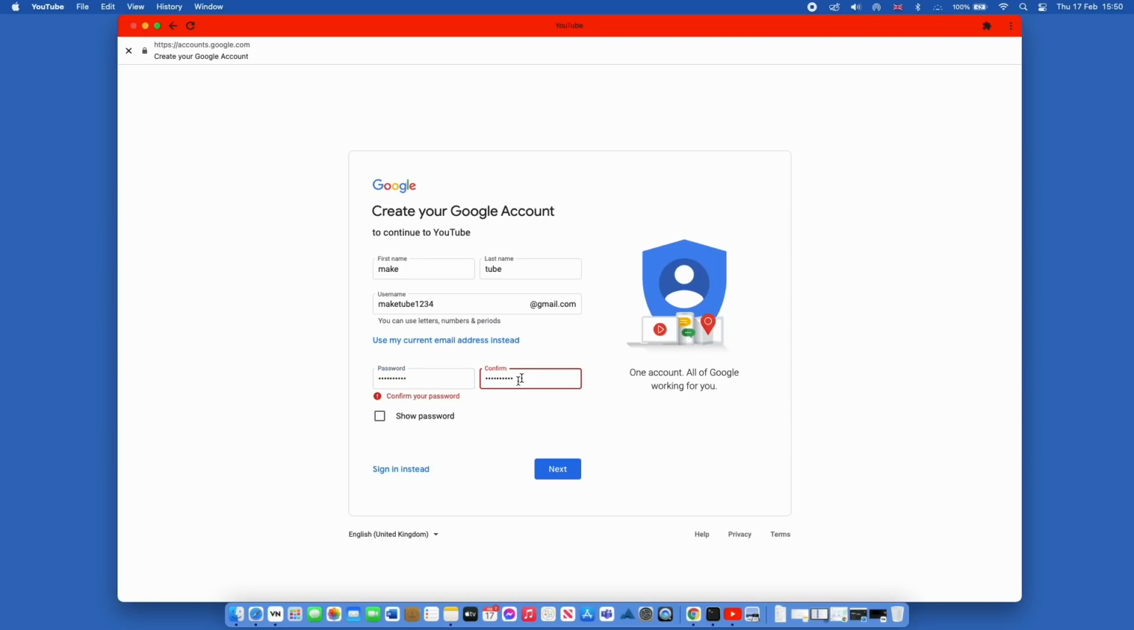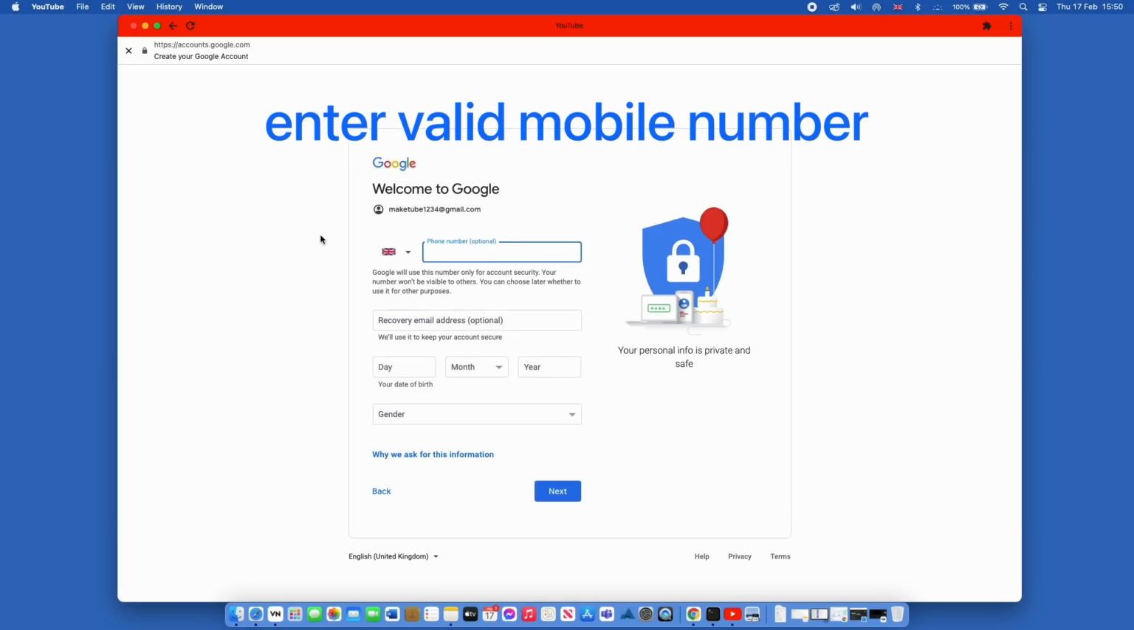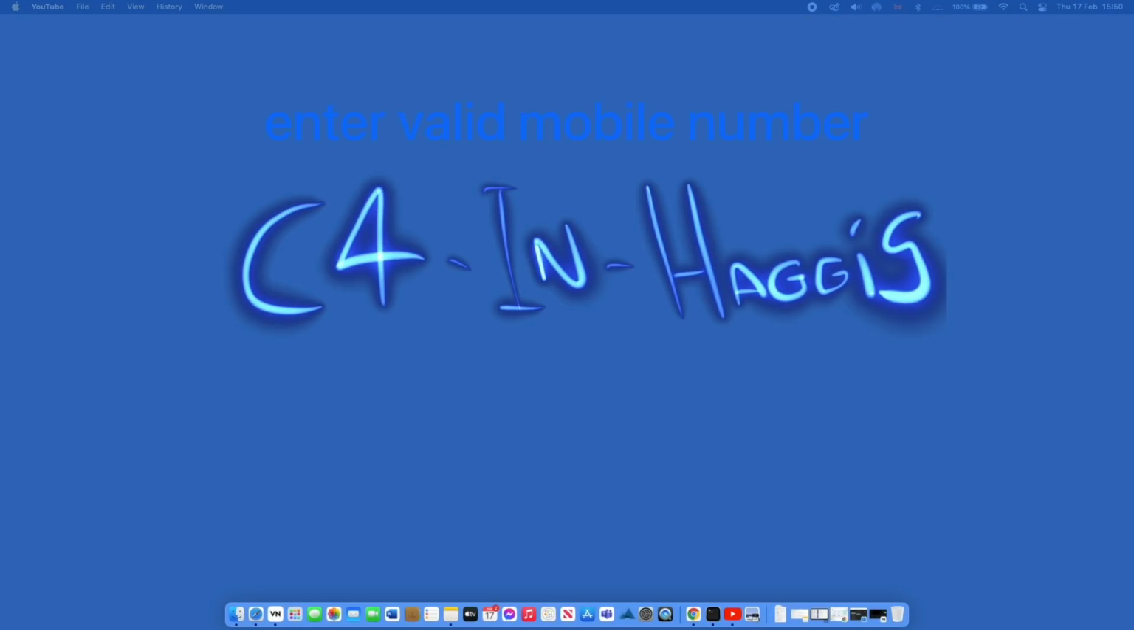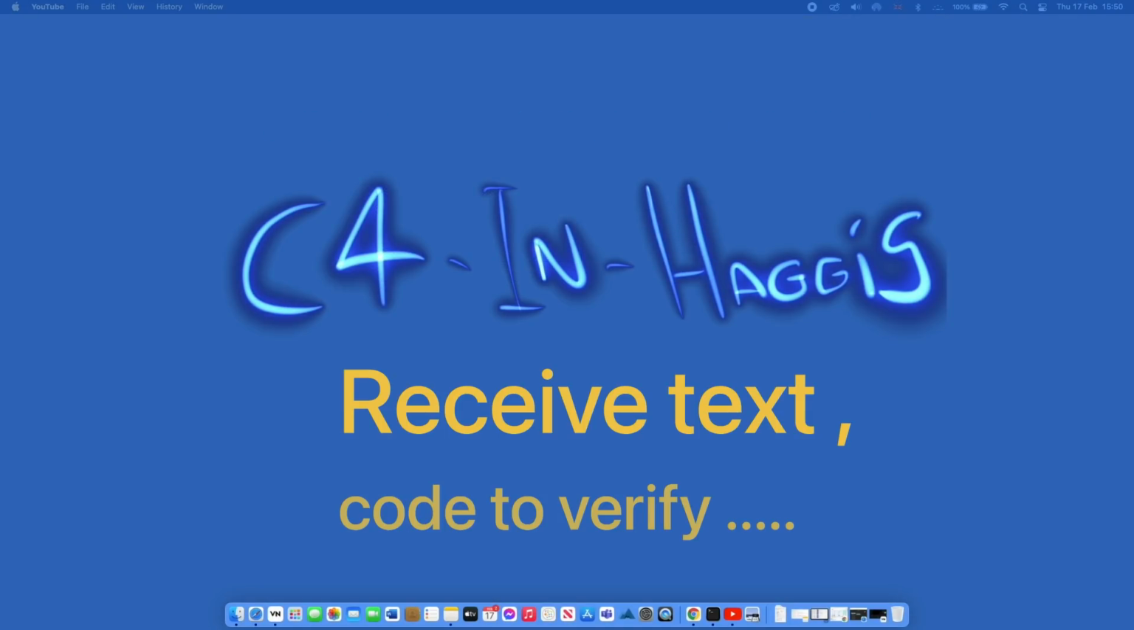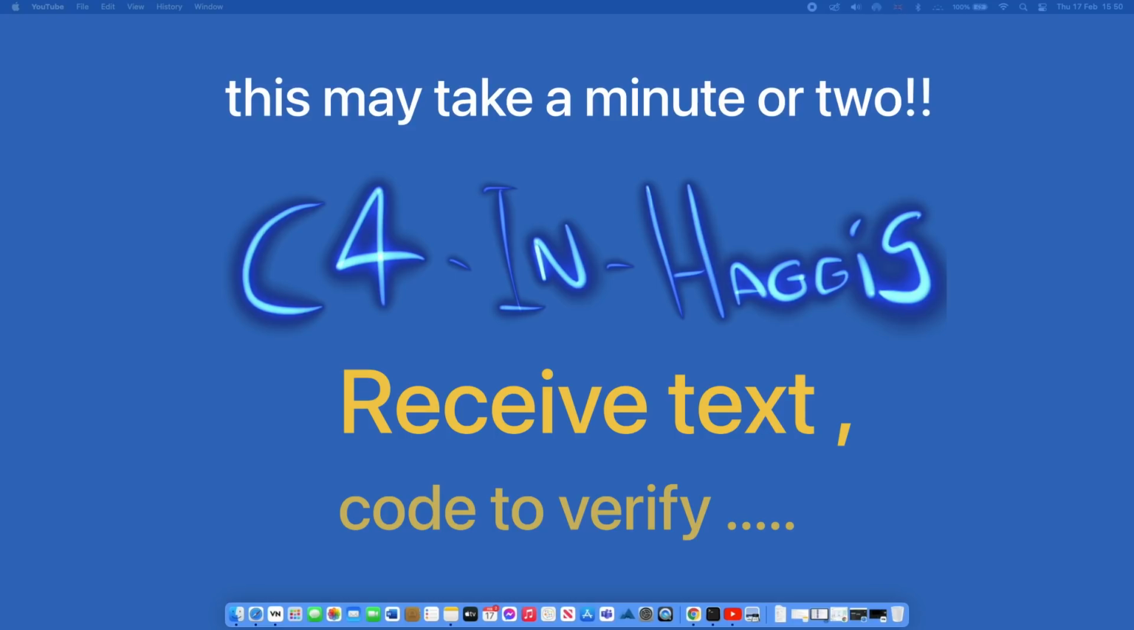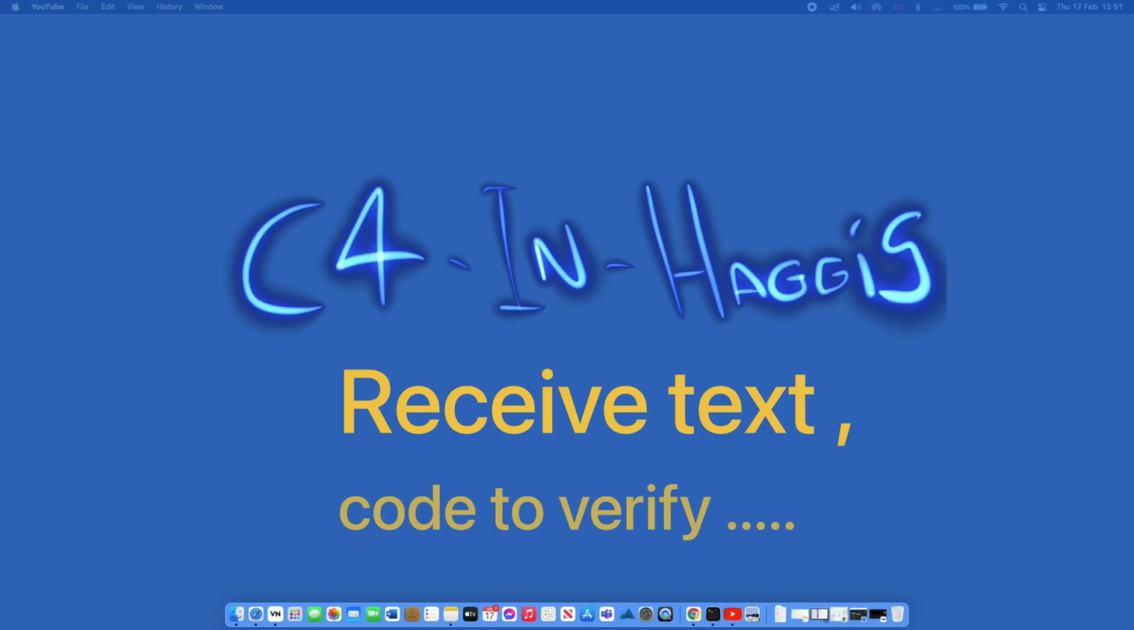Now I've pulled away the screen. You will receive a text to verify. This may take a couple of minutes to come through to your phone. Once it does, you'll get a little code that will take you through to your verification. You'll enter your number again and then enter the code you were given. You don't need to put the letters at the start, just the numbers that it gave you in the verification, and then it will ask you to